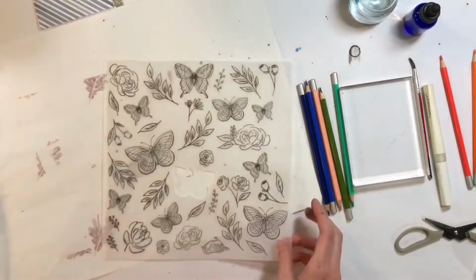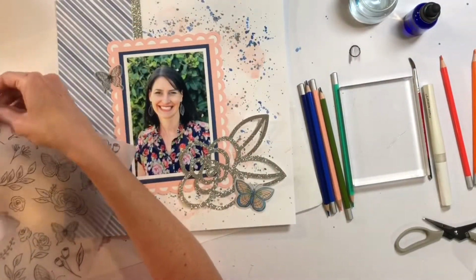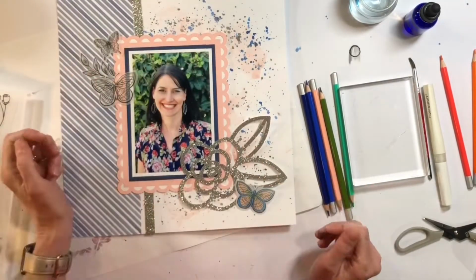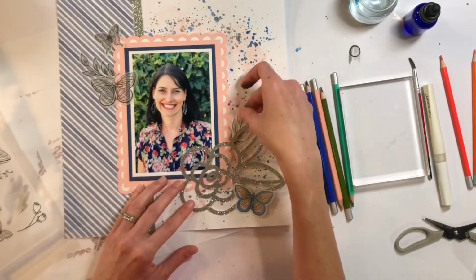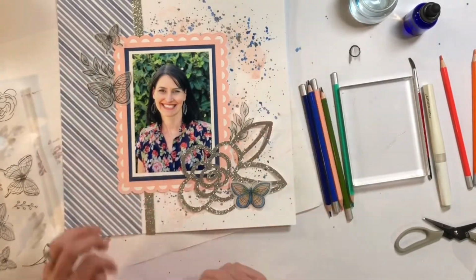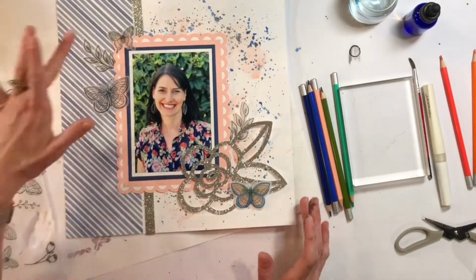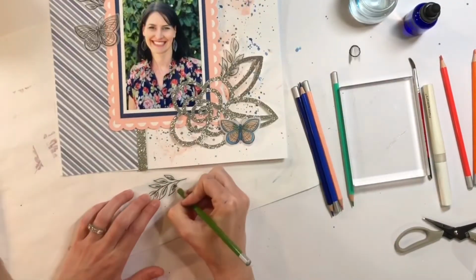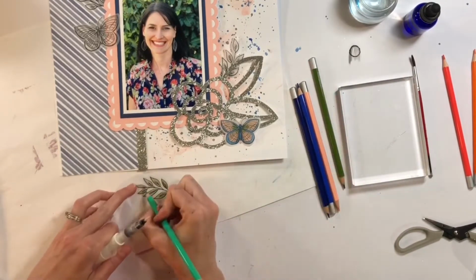So I'm laying that on my layout, making sure I like it, and then I'm punching out all of the additional pieces that I'm going to use on this layout, a few butterflies and a few little leaf sprigs. Kind of arranging those, but I'm going to show you in a little bit. I fussed a lot with the placement of these, but first I'm going to color them all. I'm placing them roughly so that I know where they're going to go and know which colors I want to color them, because I don't want to color the butterfly on top of the blue in a blue